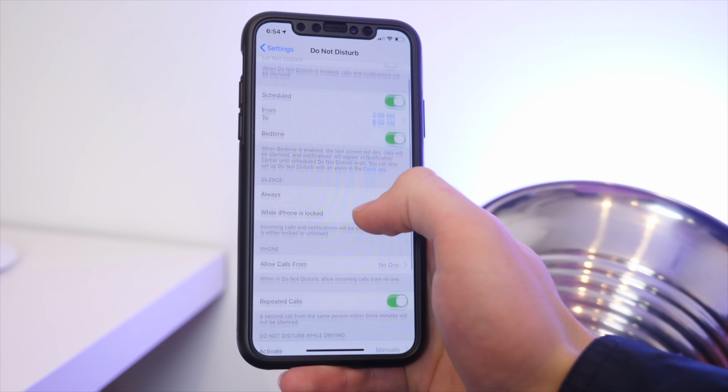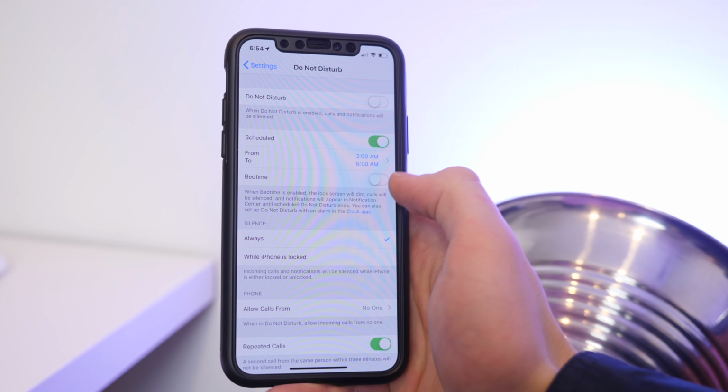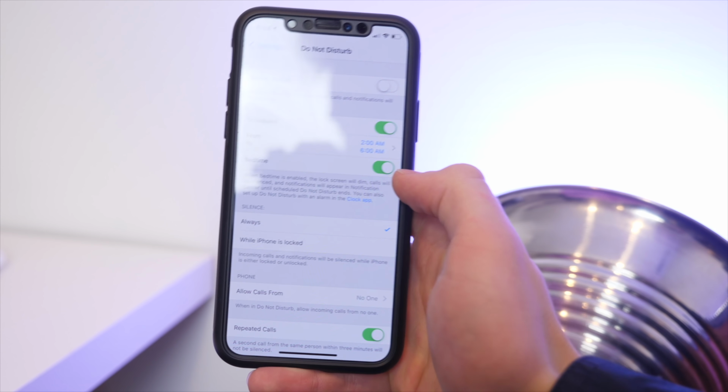If you take advantage of Do Not Disturb's new feature, especially Do Not Disturb Bedtime, it will allow you a few things. Do Not Disturb Bedtime is a cool feature that will dim your screen, it'll prevent notifications, and it'll put it in a nice sleep mode for your phone. And then when you wake up, you can have a nice preview on your lock screen that shows you the time, the date, the weather, everything that you might need for that morning. And then once you wake up, it'll give you access to everything else on your phone, including the notifications that you gathered overnight.